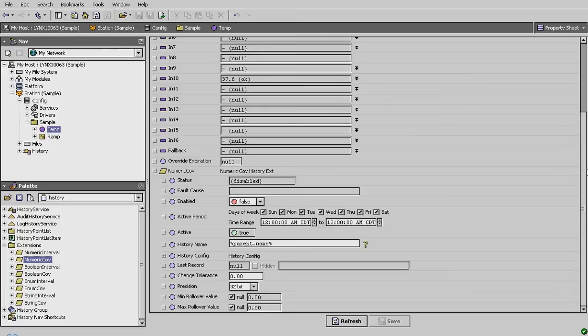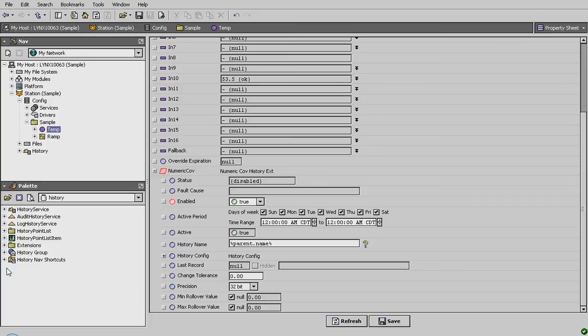And these are just standard Niagara histories. You've probably set them up before. Let's enable it though, so that it can actually start creating histories here. Okay, so nothing too exciting about that. That's just the standard Niagara history stuff. Works great. You can come in and do everything you can always do with a history.